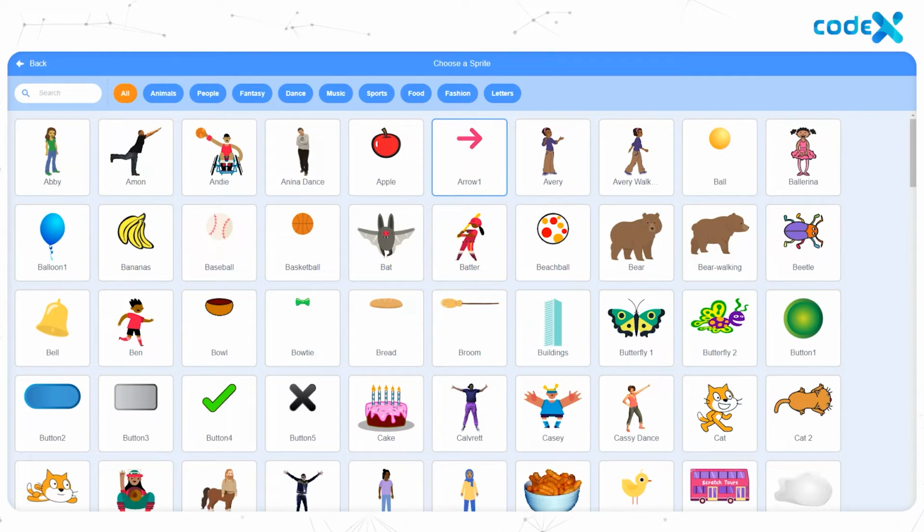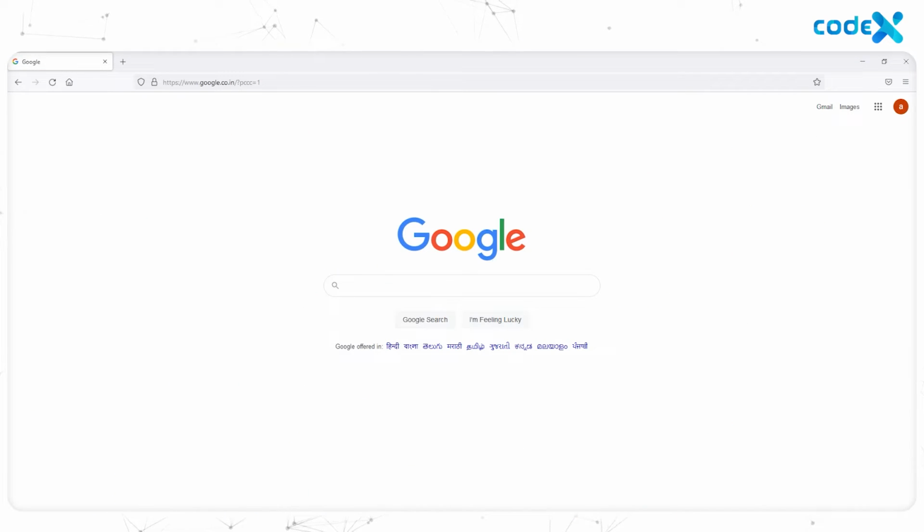Well, let's select another arrow that suits our purpose. But there's only one arrow available here. So in such cases, what should be done? Yes, we have to download the image. You know the drill, right? Open the browser. On the browser, search for